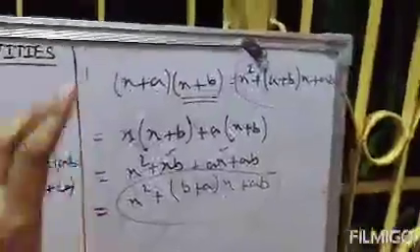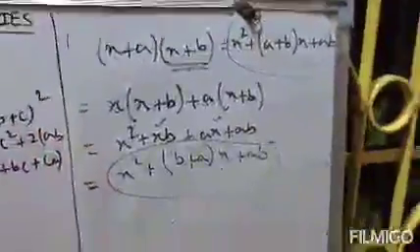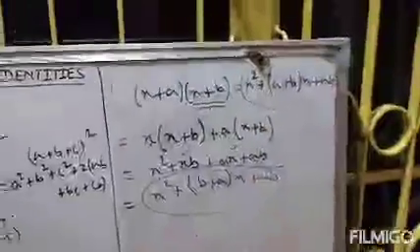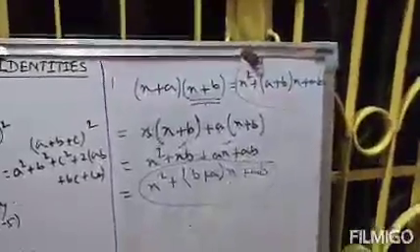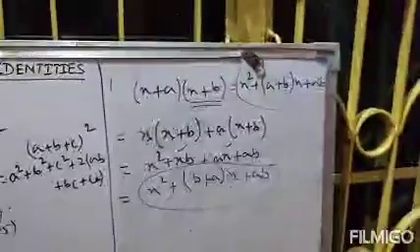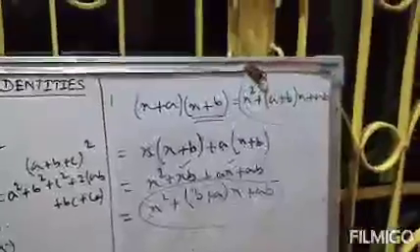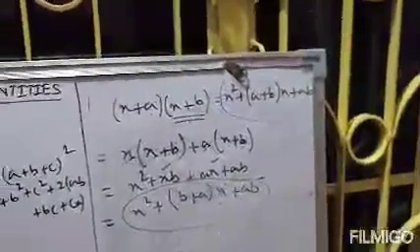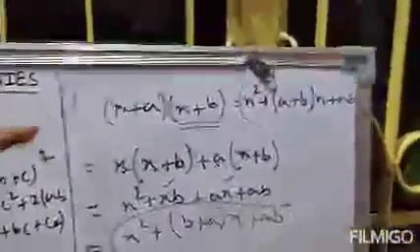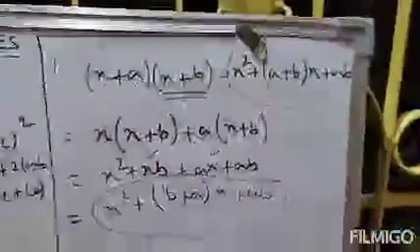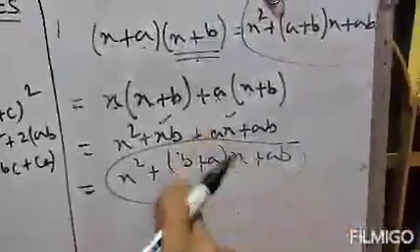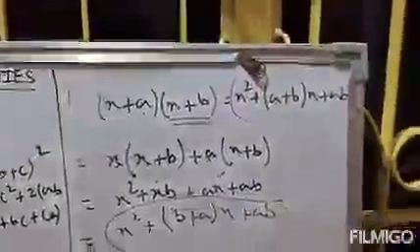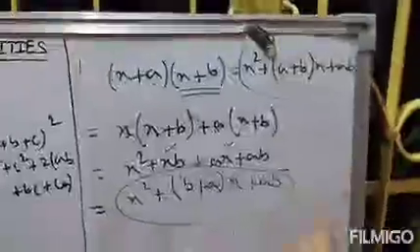I am repeating again, if you cannot remember this identity, because there are a total of 4 identities, as I just showed you, they are a little bit confusing. If you remember these 4 identities at a time, that is very good, but if you cannot, I have taught you where these identities come from. Just multiply like this in your rough space, take x as common, and you will get your identity. If by chance you forget this identity in your exam, this will help you.